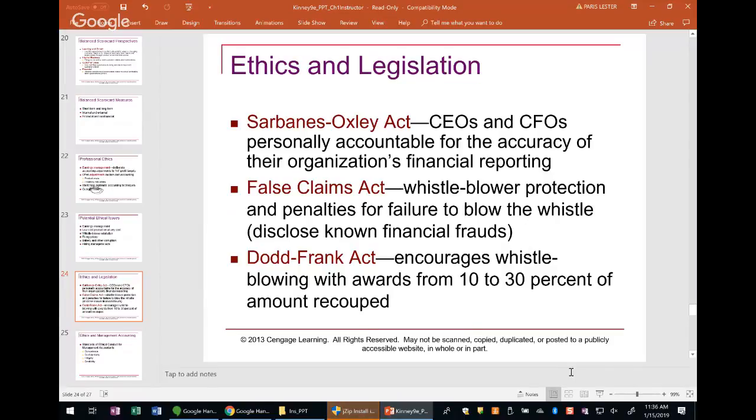Cole, let me ask you and Don, you're friends. You work together. The Dodd-Frank Act has whistleblower protection and penalties for failure to blow the whistle. So you work together, and Cole and Jonathan's doing something you know that's real wrong. Would you blow the whistle on it? Here, there's some kind of protection if you do blow the whistle on it, but there's penalties if you don't blow the whistle on it. So you have to think about it, wouldn't you? What's more important, your job or your friend?